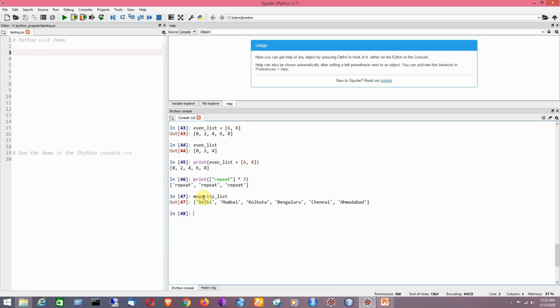First I mention the position number, then the element, Hyderabad. Then I give the round bracket. So it's done.